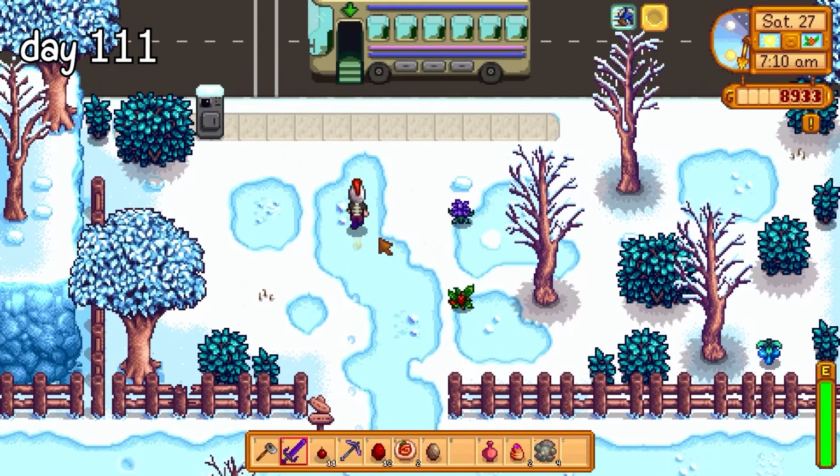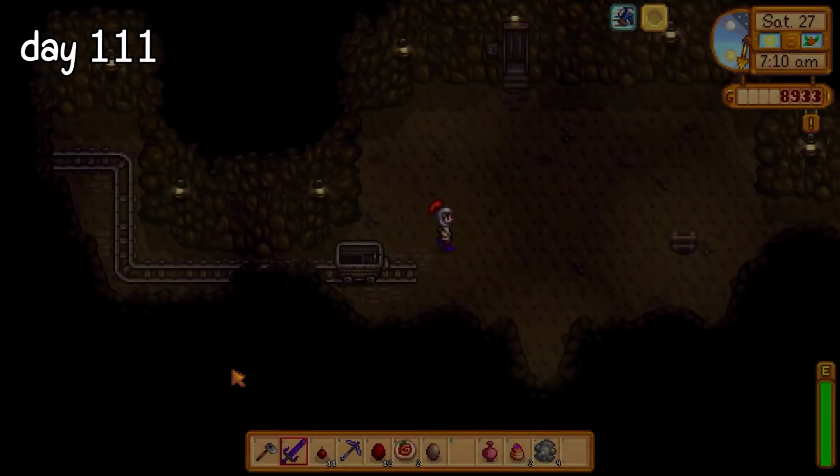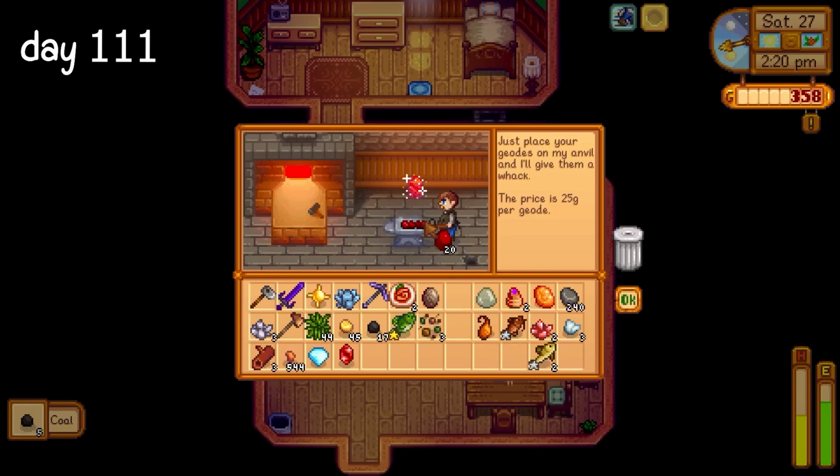Day 111. You guys know I sprinted to the mines today. I had no time to wait. After gathering 21 more magma geodes, I anxiously approached Clint's. I waited as each geode left me more and more disappointed. The clock ticked away. I only had a few more chances. And then...